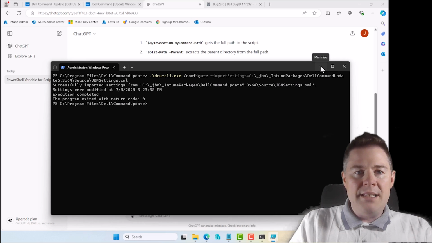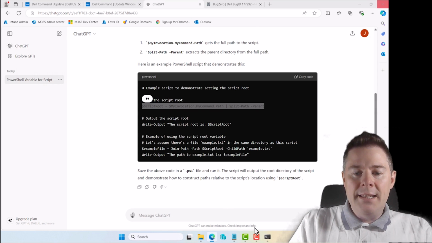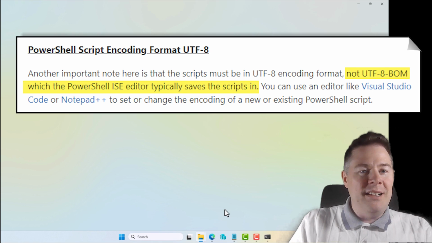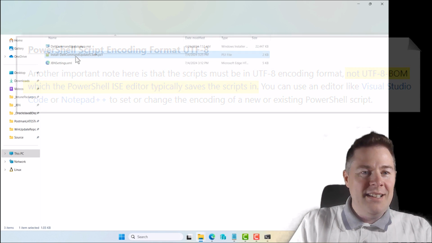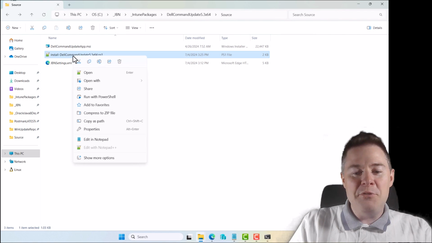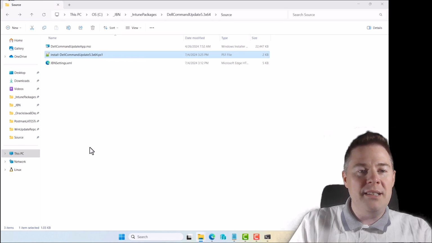I don't think we need this one either. ChatGPT has done its job. I'm going to clean the script because it's formatted with BOM, UTF BOM. That's something I do in a lot of my videos. It's due to PowerShell ISE formatting. So I'm just going to open this one in Notepad++